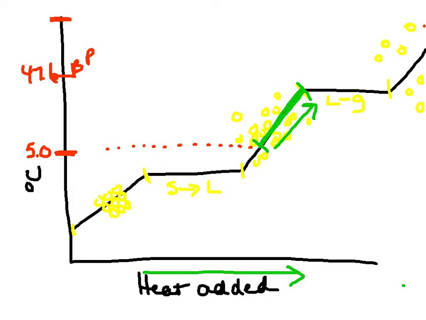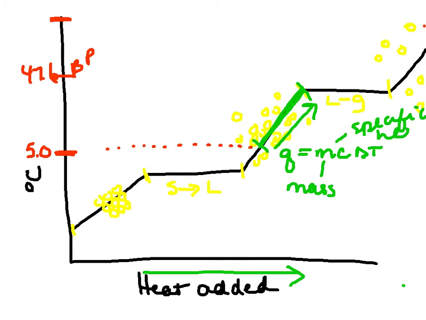Wherever you have a change in temperature, you'll want to use the formula Q equals mc delta T, where m is the mass of the substance, C is the specific heat, and your change in temperature is going to be T final